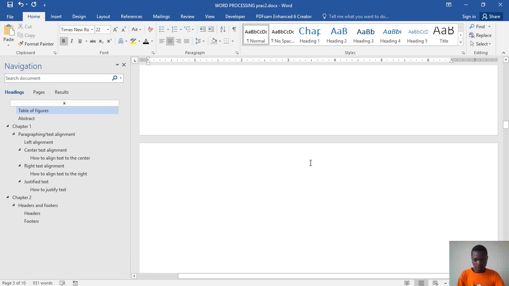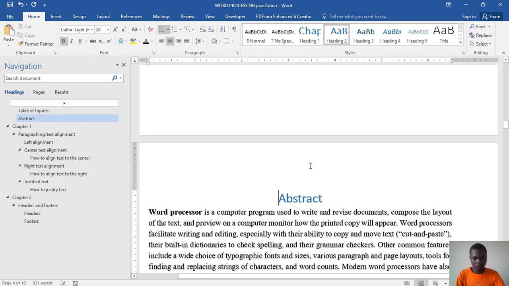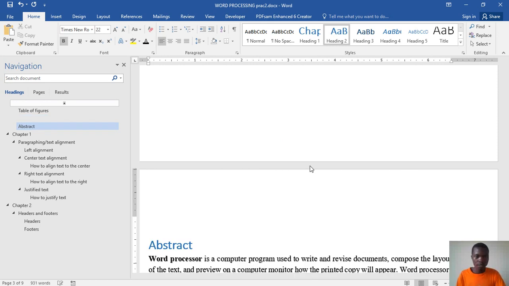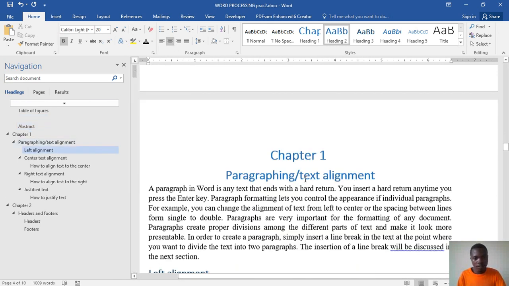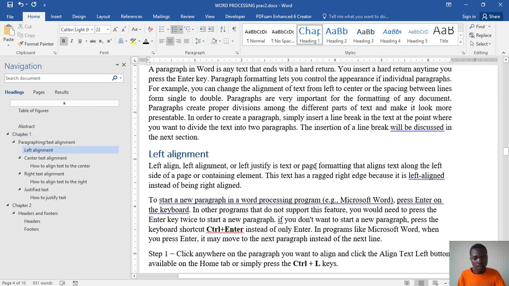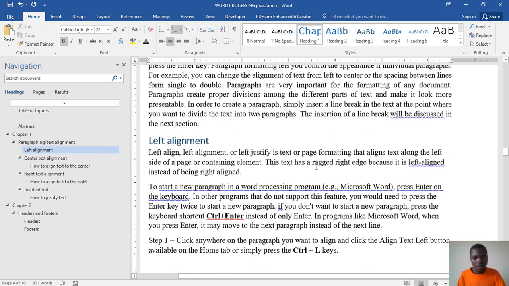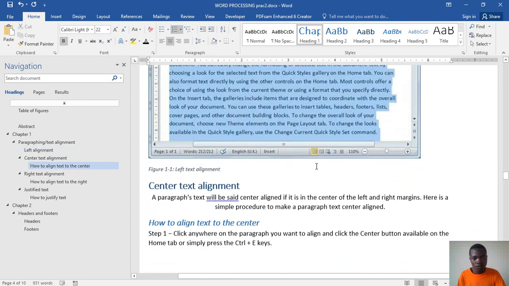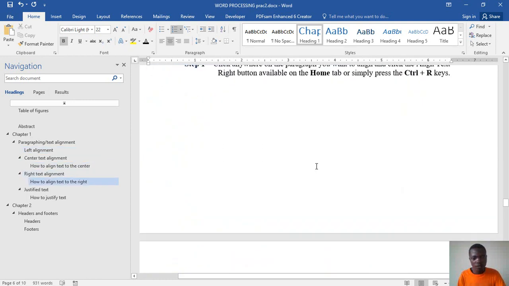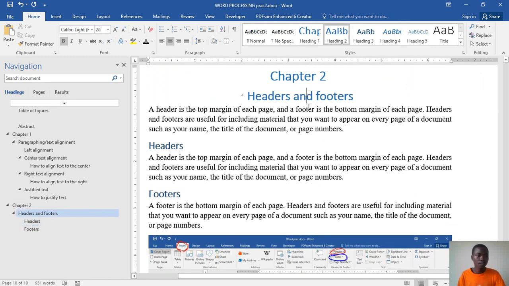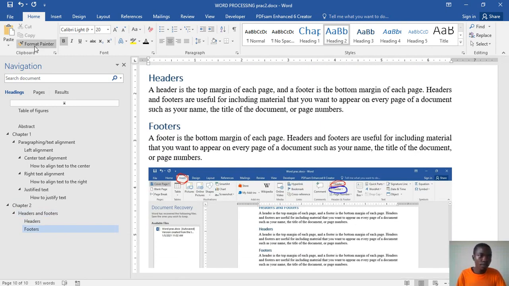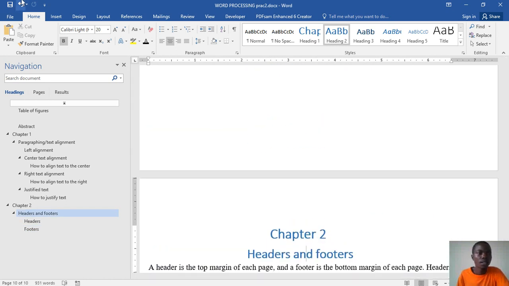So abstract must start from the top here. Must start on its own page. Then I have chapter 1, and then chapter 2. After all this, here's my chapter 2 and its headings. So I can save this document, and let's just say I want a